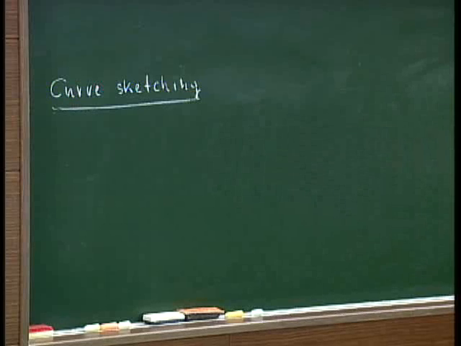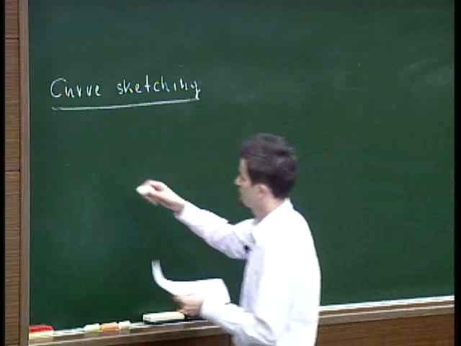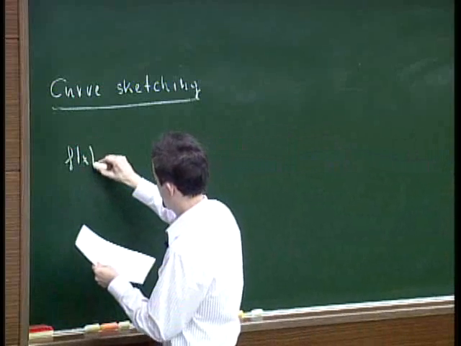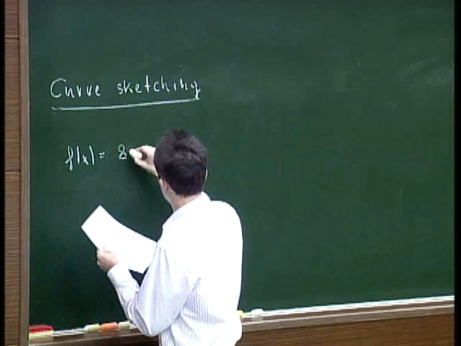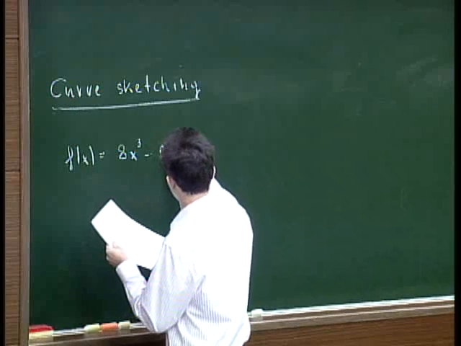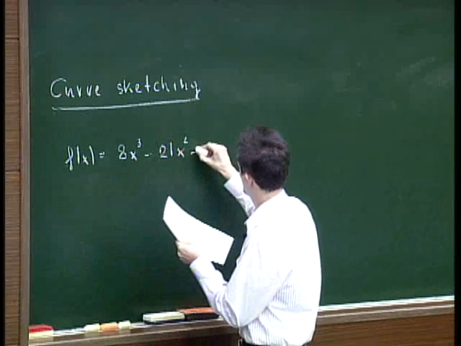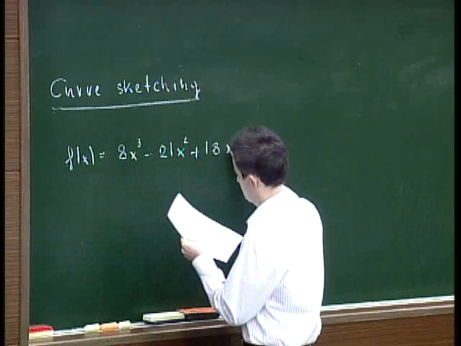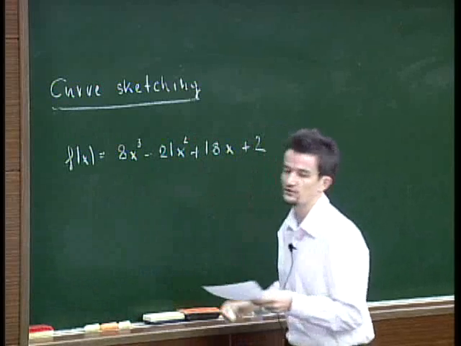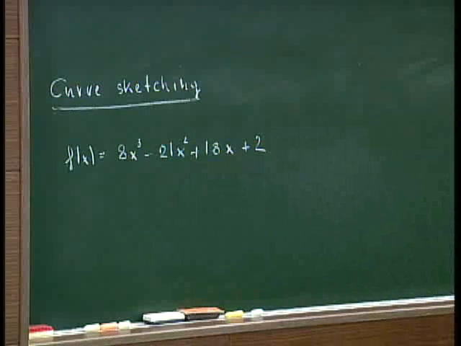For instance, you find in our textbook the function f of x is equal to 8x cubed minus 21x squared plus 18x plus 2. So for instance, you are given this function here. The main task is to figure out how the graph of the function looks like without the graphing